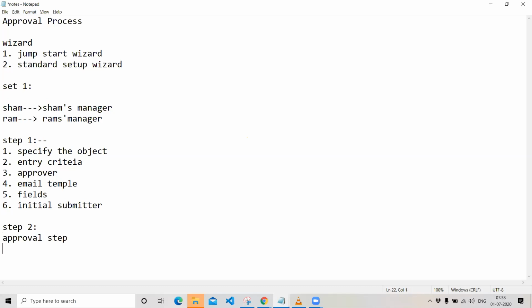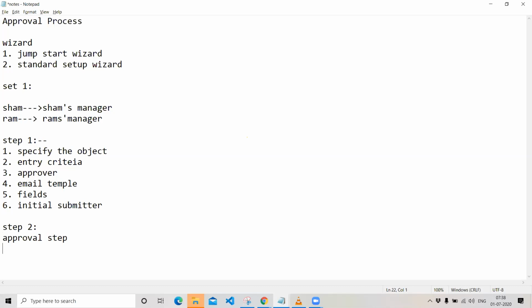So in this approval step, what will happen is, if you specify a group of records for an approval, based on certain criteria, you can decide which records should go to the manager or which record should be automatically approved or automatically rejected.